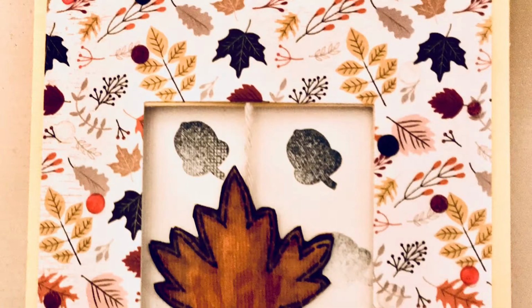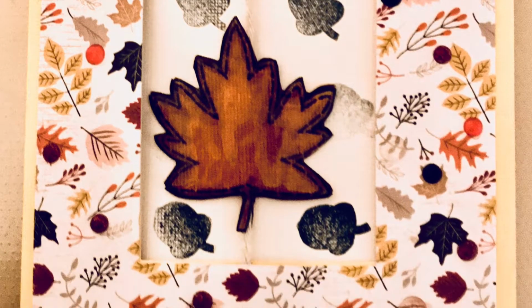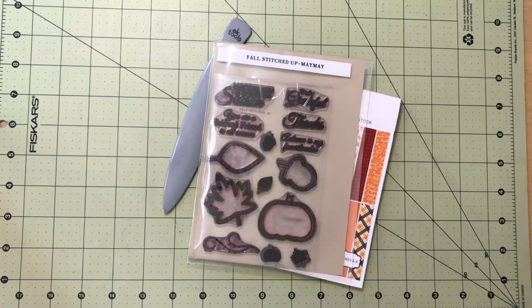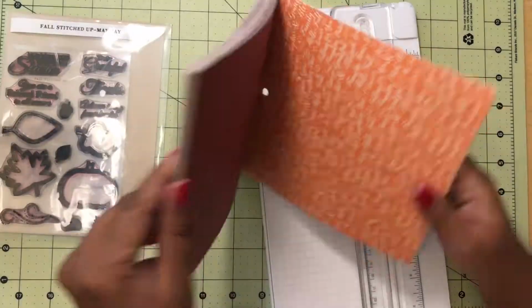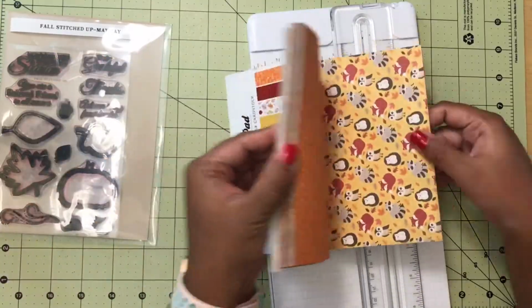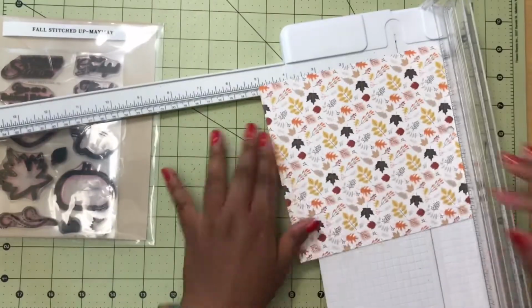So let's start this fun floating fall card. I'm using the Fall Stitched Up stamp set by May May. It's a beautiful stamp set along with the Cartabella designer paper. This Fall Stitched Up stamp set is absolutely beautiful. It's so versatile. You can use it for fall, you can use it for Christmas, you can use it for